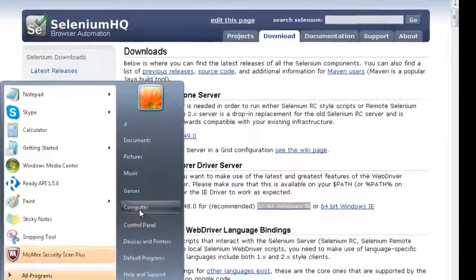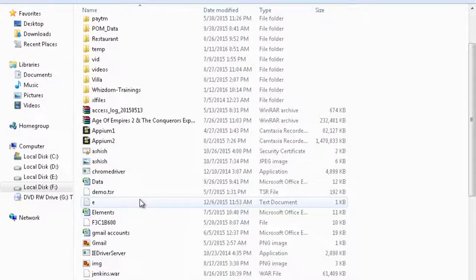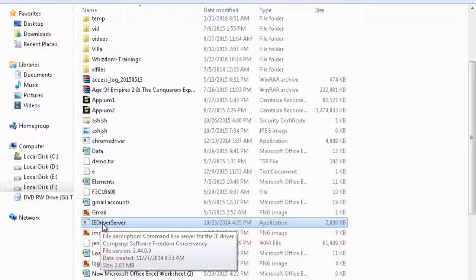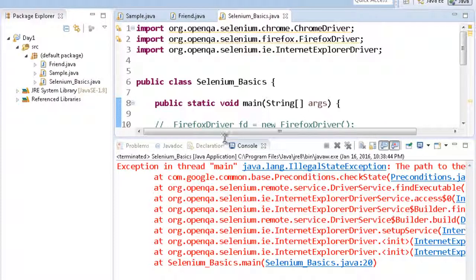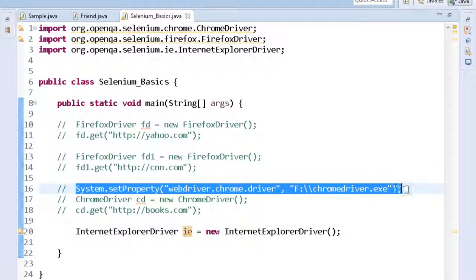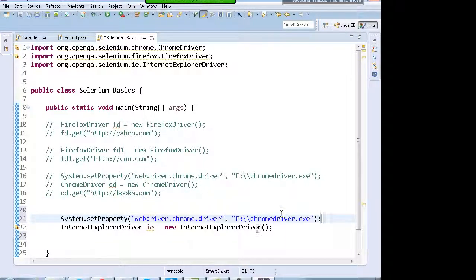I have it downloaded. It's over here, IEDriverServer.exe. So what you need to do is write the same kind of thing you wrote before: System.setProperty before opening Internet Explorer, webdriver.ie.driver.